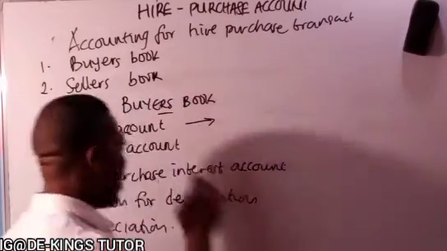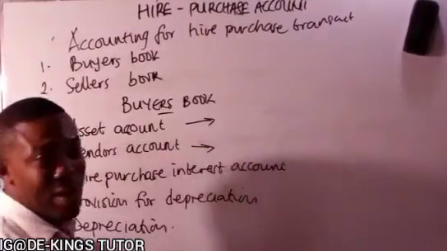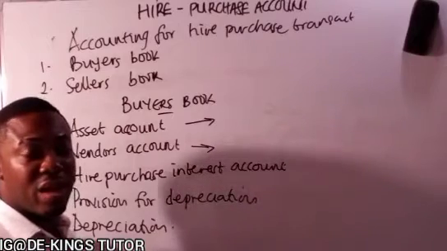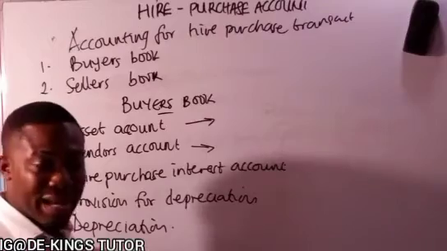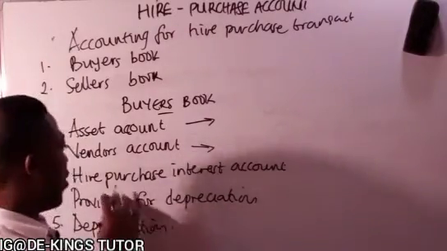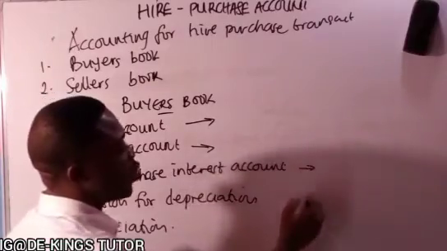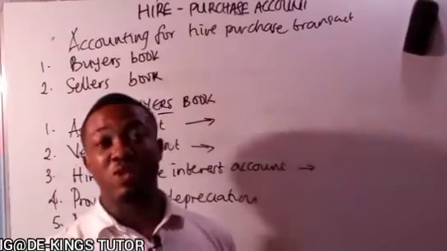Okay, so we have to prepare the asset account. Second, the vendor is the seller, so the buyer will also have to prepare a book on behalf of the seller, which is the vendor. While the hire purchase interest account is where we record the yearly interest, if the contract will serve